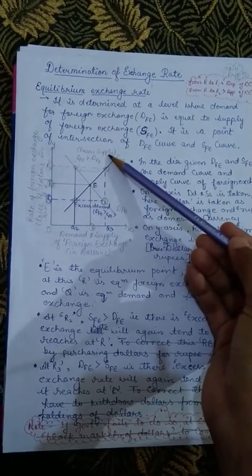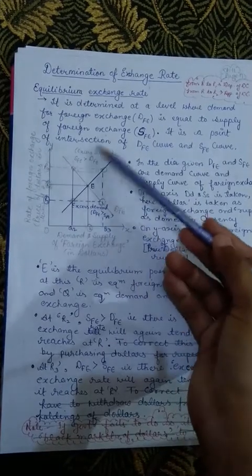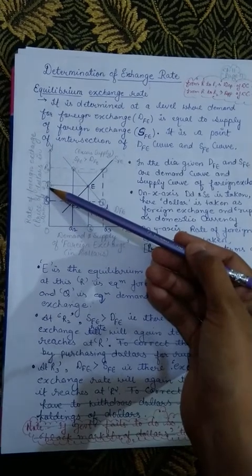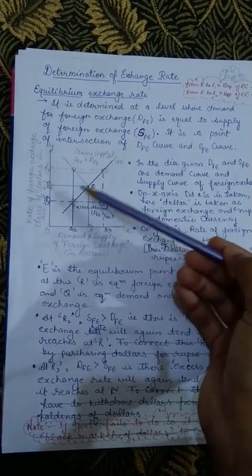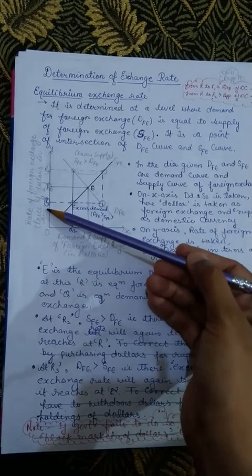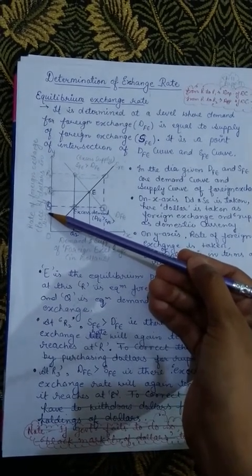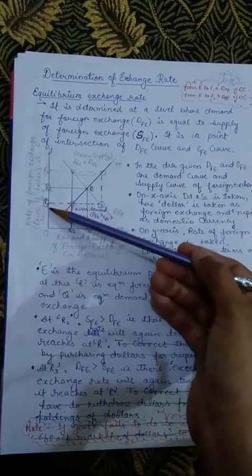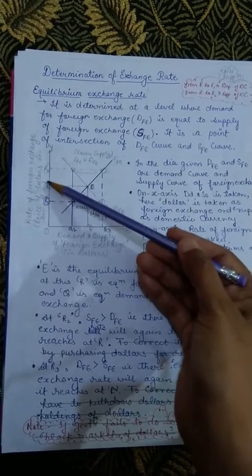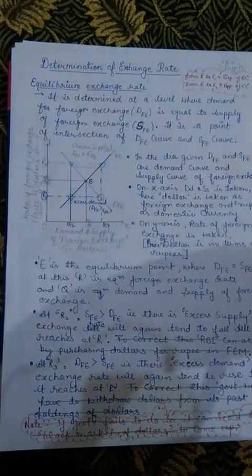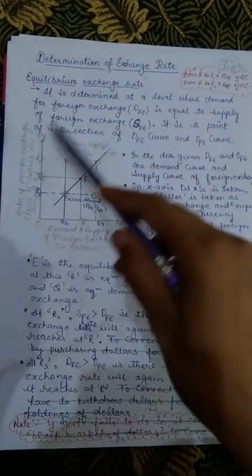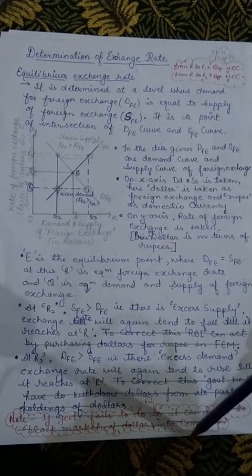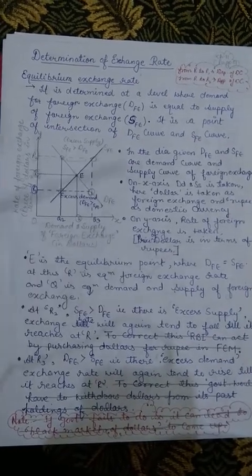So whenever an economy is at such a point, it will try to come back and reduce the gap to achieve the level RE so that there can be equilibrium. If it is below this also, there will be processes and adjustments so that it reaches the RE level and equilibrium can be maintained. So this was the discussion of the graph, and the same discussion is written on this page also. I will give you a quick reading.